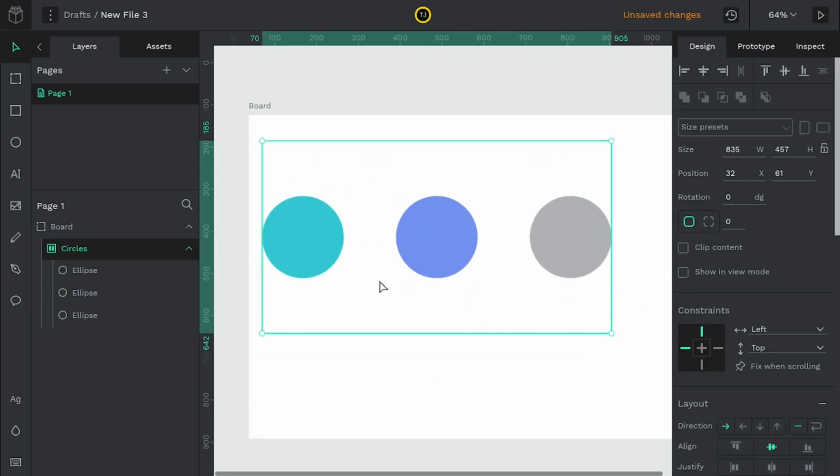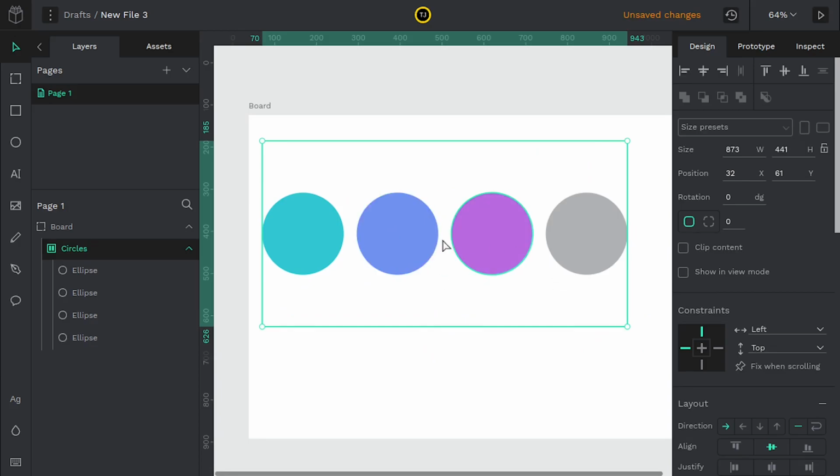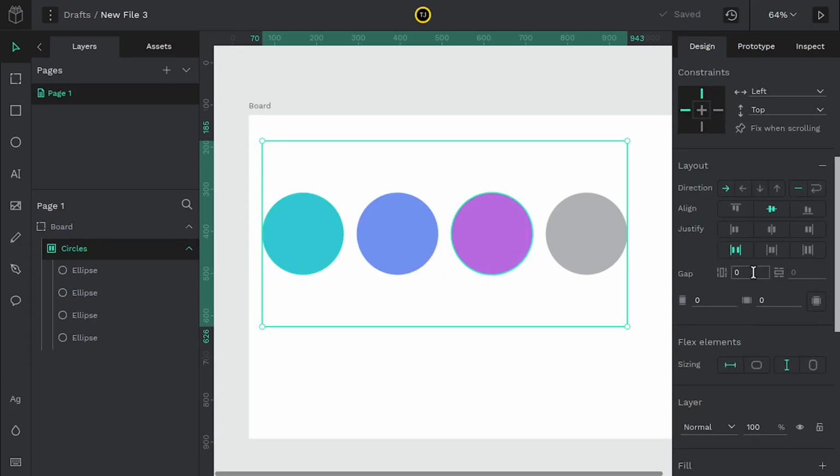And now they say, bring that purple one back. All right, no problem, we got it back. We click in here to the circles and see what else we can do. We can do this one, justify the content. So now we've got space on the edges and space in the middle. And then there's this one, justify content evenly spaced, is going to make this space on the edge the same space as in between each of these